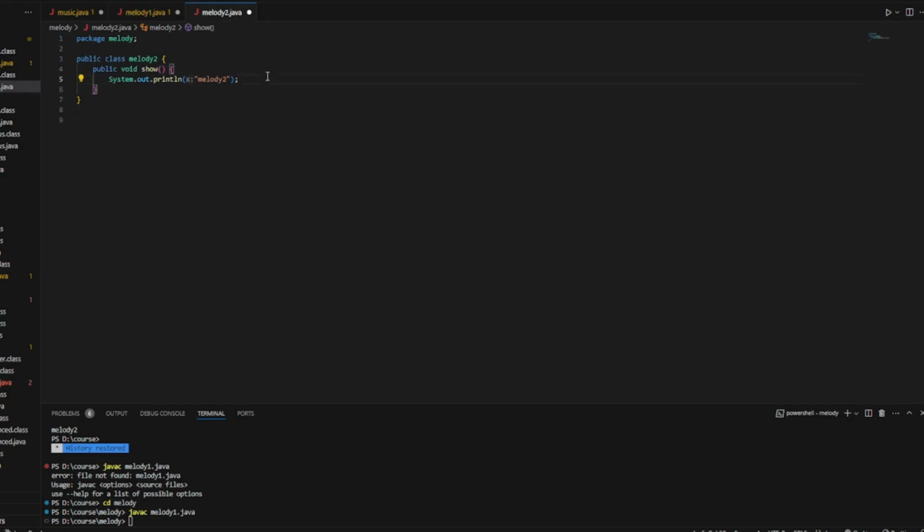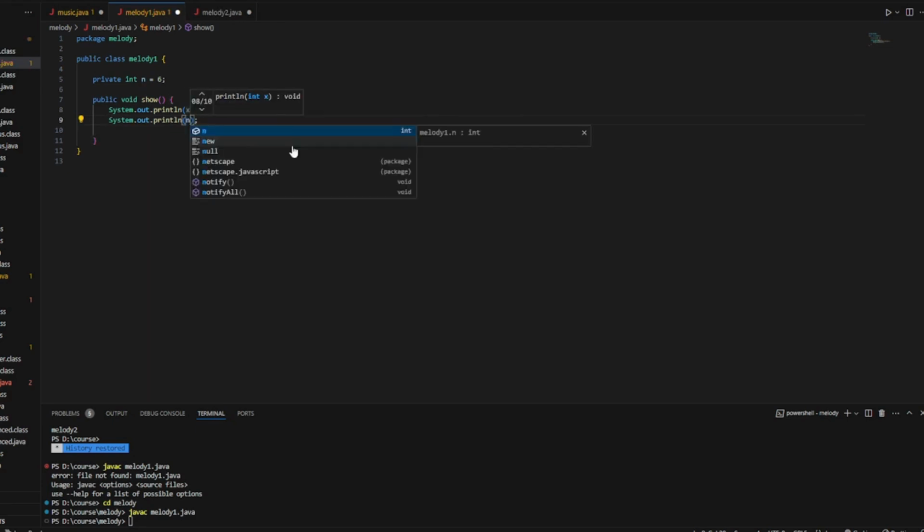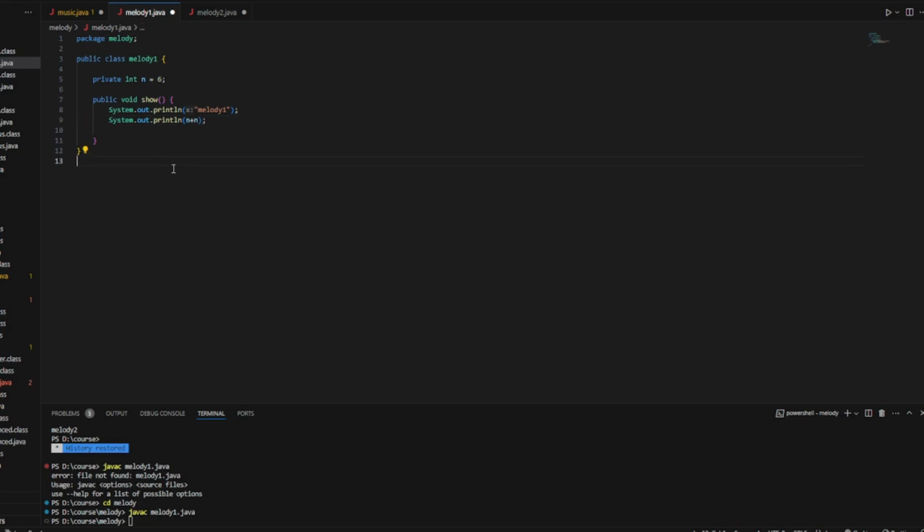I cannot even use the private variable within the package. I can use the private variable only inside the class. Now here it's not showing me an error because inside the class only I can use the private variable. I hope public is clear, private is clear.